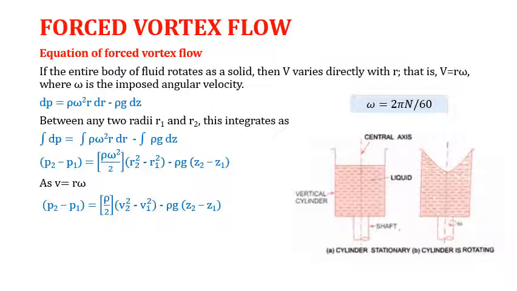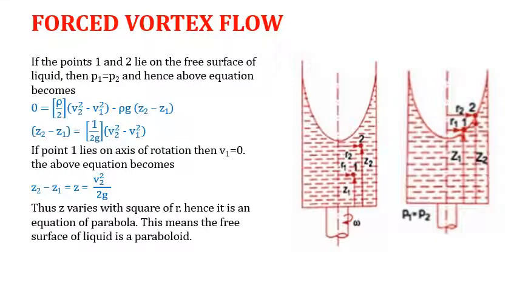So now replacing omega square r2 square is actually v2 square, and omega square r1 square is actually v1 square. So now simplifying, the expression which we have just determined, if we take 2 points 1 and 2, the distance from this vertical axis till that point is r1, and from any reference, the elevation till point 1 is z1. Similarly, for the second point, it is r2 and z2.